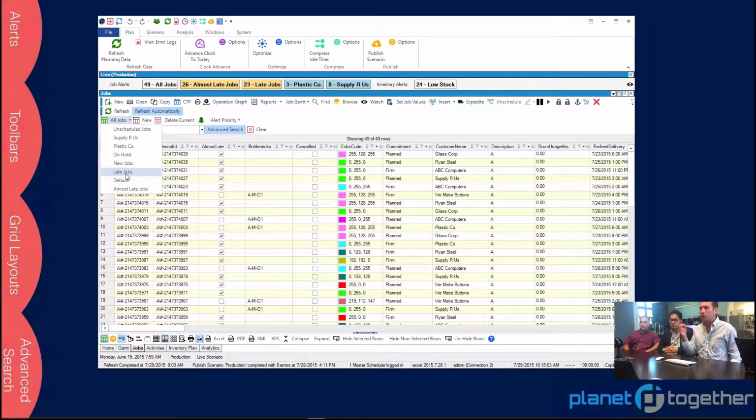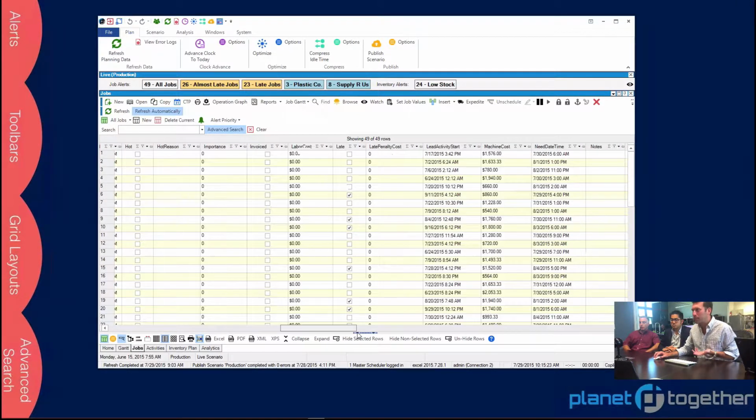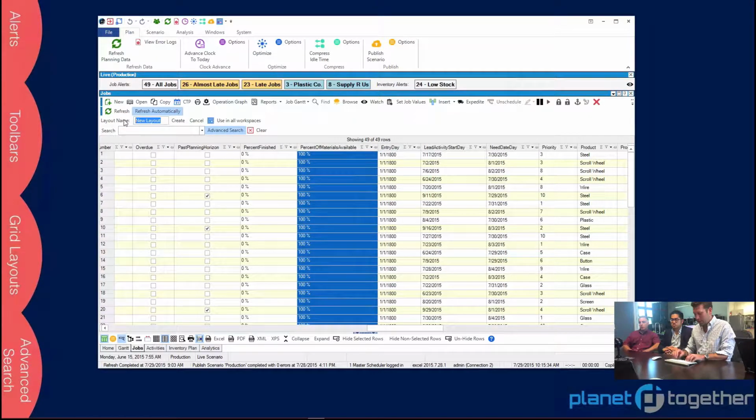But what's great is I can create a new layout. Let me just show you how it works, and I'll flip back and forth a couple times. I think you'll get the gist of it. It's pretty cool. My example today is I want to create a list of jobs that have a priority of 1. I think I've got my priority tab someplace here. Gotcha. So I have a priority tab over here. I'm going to come up to the layout area. I'm going to click on New. I'm going to say